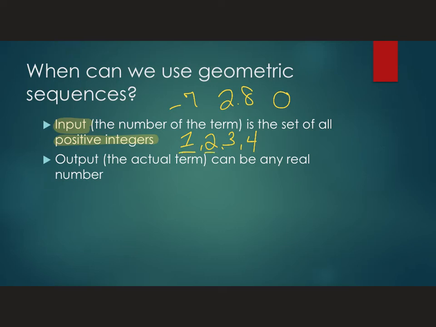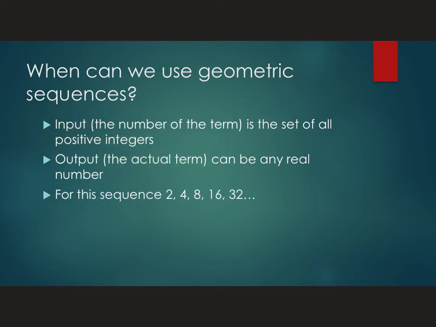We have a first term, second term, third term, fourth term, etc. The output is the actual term. And it can be any real number, positive or negative. So for this sequence, 2, 4, 8, 16, 32,